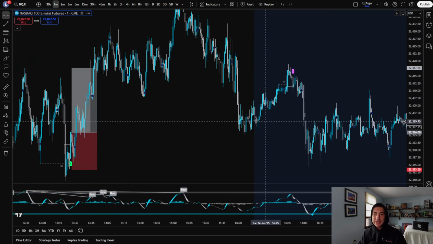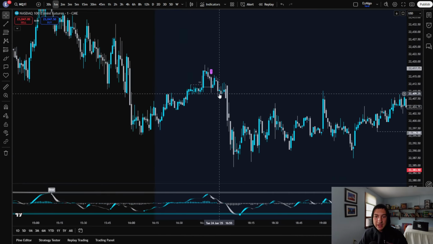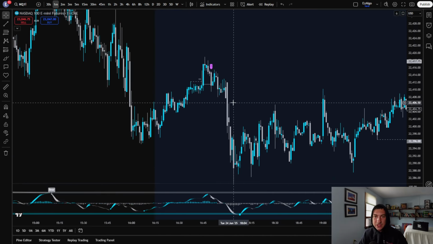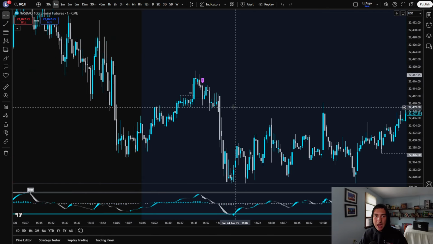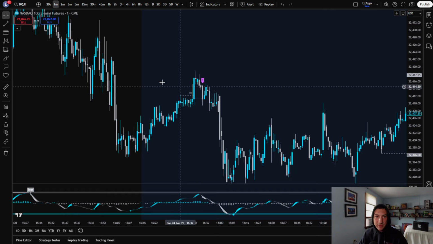Again, I'm just showing you guys examples of the indicator here. I'm not saying that I would take all of these trades personally. For example, the timing of this one, we're not in New York session. I don't know if I would have taken this one personally, but again, here is that sweep of internal liquidity,